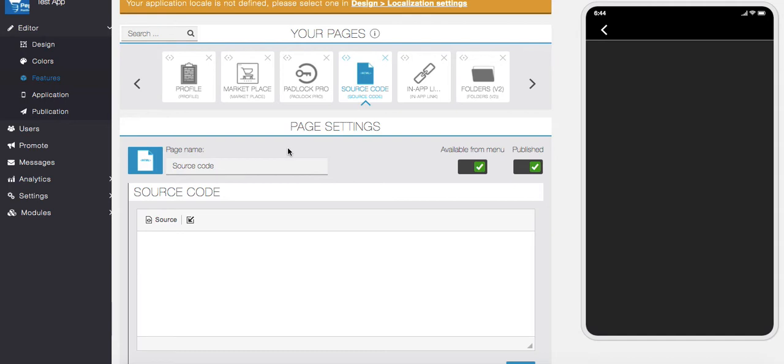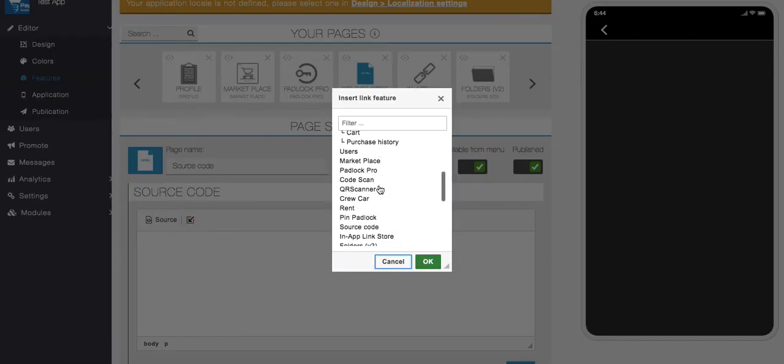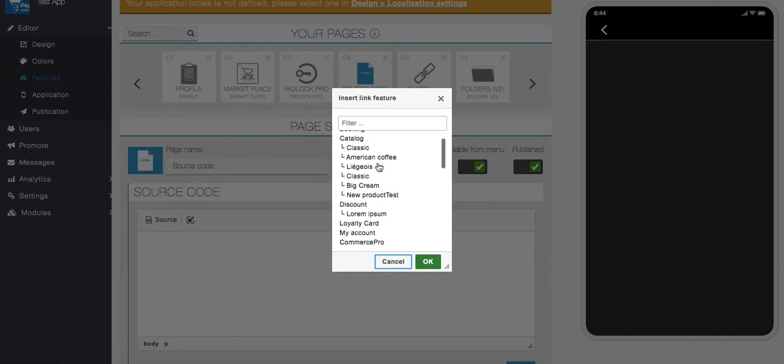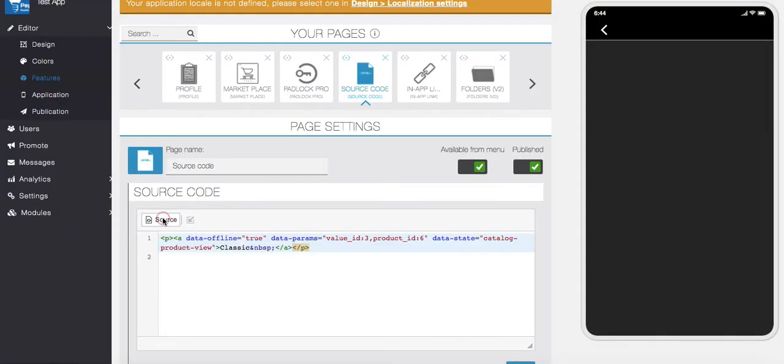In this video, we are going to see how we can create in-app links to any app pages. So you might be aware that in source code features we have internal link actually. So this way we can create links to any pages, okay, like this. And if you go to source section, you'll see the code like this. Okay, so this is a really good feature wherein you want to connect to any page, easily you are able to do that.